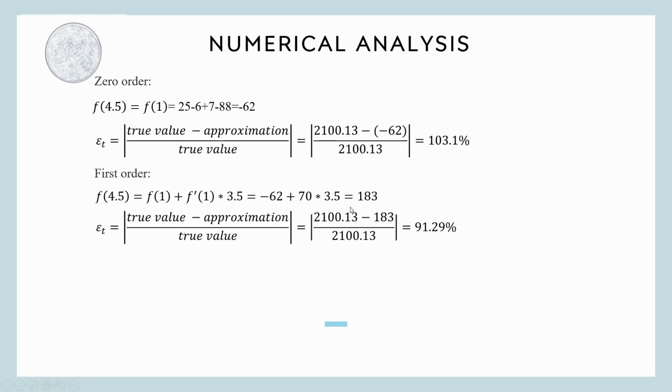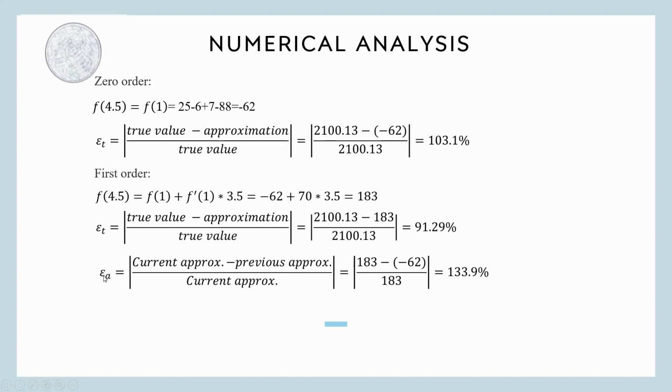We plug in the true value, 2100.13, subtract the approximation value of 183, divided by the true value, and we obtain 91.29%. How do we evaluate the approximation relative error? The formula is here: the current approximation subtract the previous approximation, divided by the current approximation. The current approximation is 183 and the previous approximation is -62. Just plug in, and we get